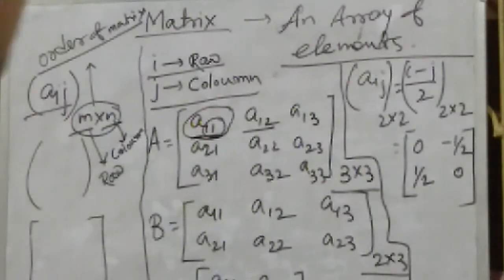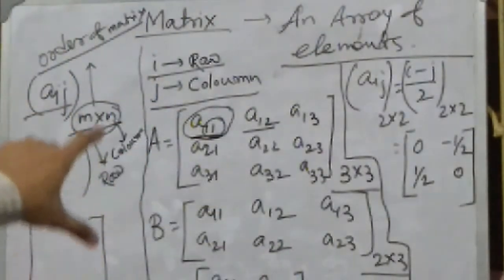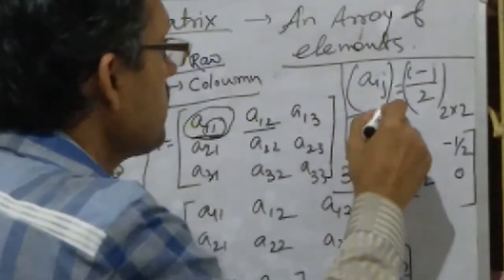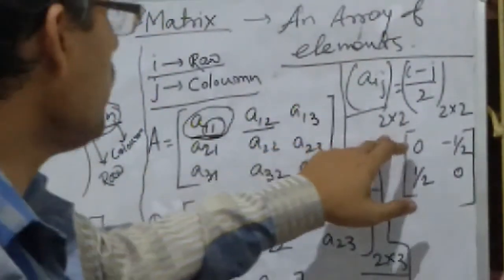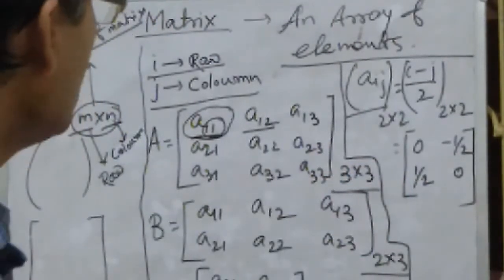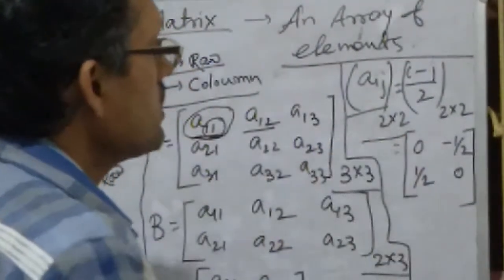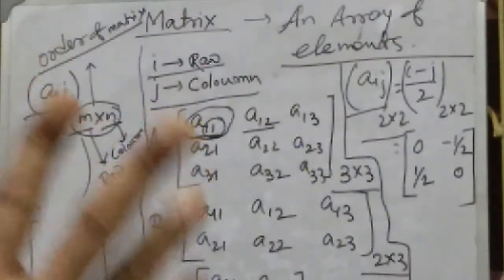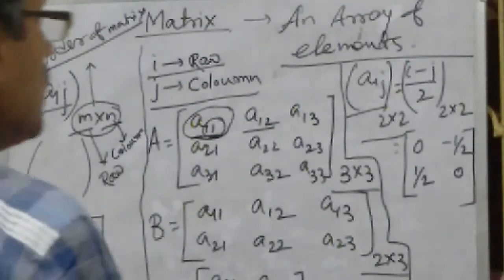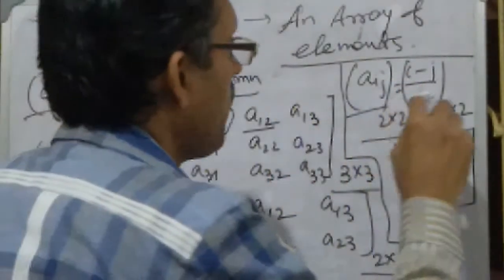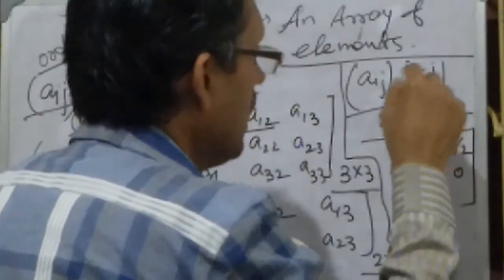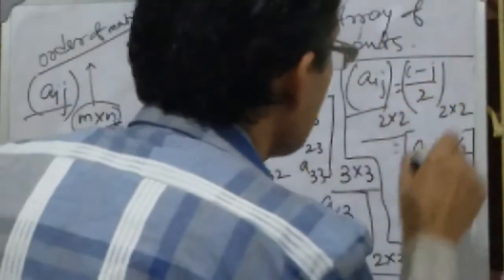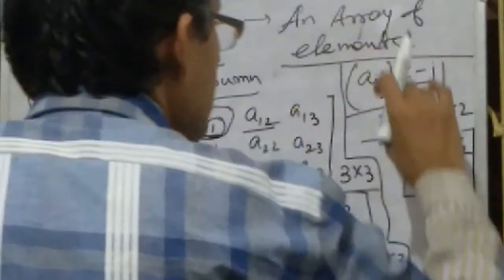Okay, so here we need to form a matrix. One question is given: Aij of order 2 cross 2. Order 2 cross 2 means it will have 2 rows and 2 columns, and we have to form this matrix with this formula. They have given the relationship, that is (i minus j) by 2. So with this concept we need to find it out.